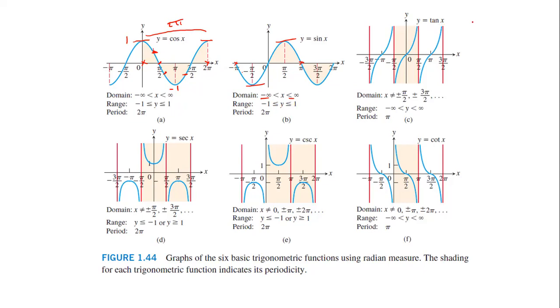But the tangent is different because the tangent is a composite function. Tan of x is equal to sine of x over cosine of x, right? And you can see that we have asymptotes here. We'll talk about asymptotes later on, but asymptotes means what? The function will never reach a value at a point. See, this function, the tangent, will never reach a value